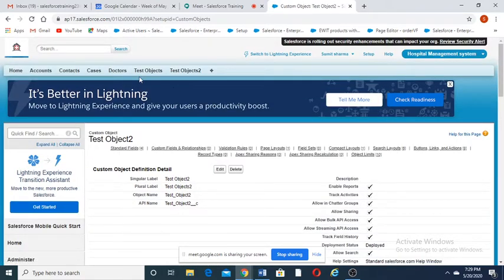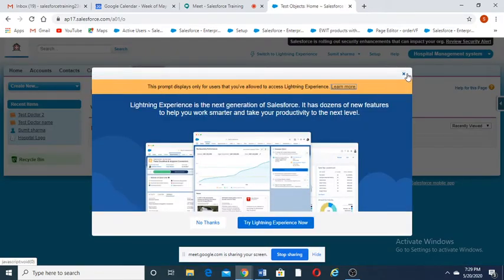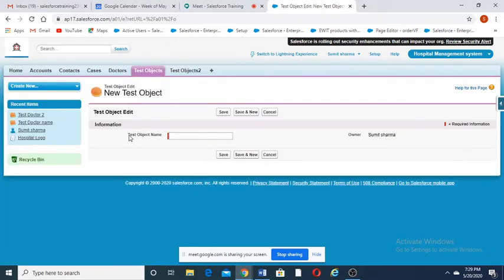Okay, so now I have test object and test object 2. So we know whenever we are creating an object, when I click on new, this will by default get created, and owner by default will be there. And when I enter the data in this and I click on save, then created by field will be there, and then last modified by field will also be there. So those are the 4 fields which will already be created, right?